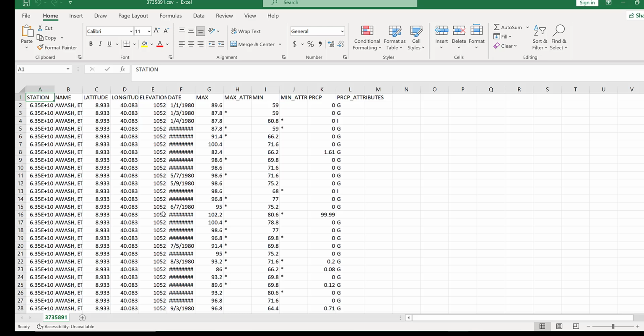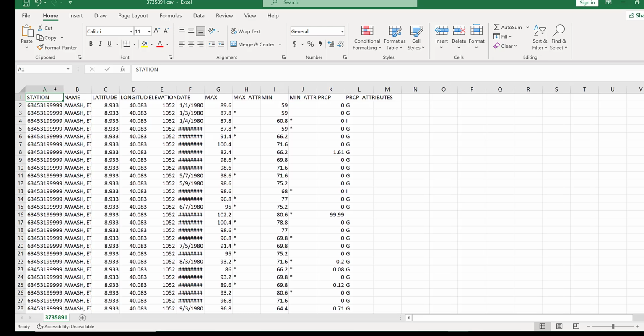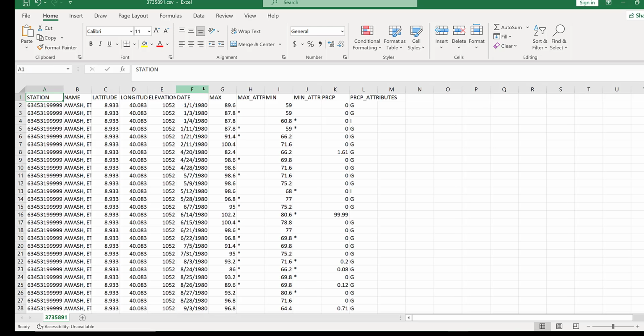This is the station. Station name, latitude, longitude. This is the station location, elevation. Yes, this is the date. Yes, I expect three types of data as I said. Maximum, yes, the maximum attribute. I don't want this. This is maximum. This is minimum temperature. This is precipitation. So it starts from 1980